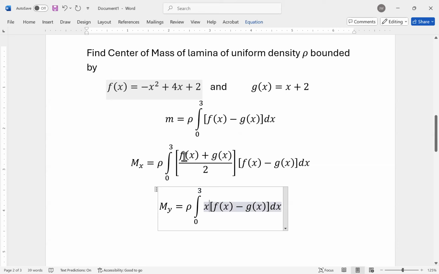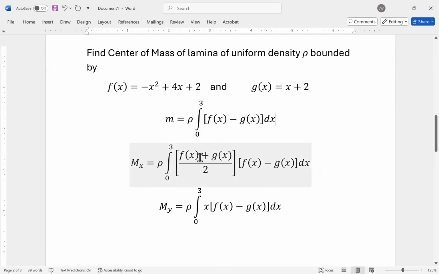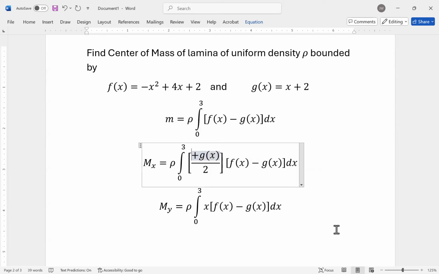Oftentimes I find it easiest to start my integration with the most complex, and then on my calculator, I'll hit second enter, and then I'll replace this f plus g over 2 with just the x. And then I'll hit second enter, and then I will just eliminate that x, and then that's my mass. So oftentimes I start with the most complicated. So that's what I'm going to do right now. My moment about the x-axis